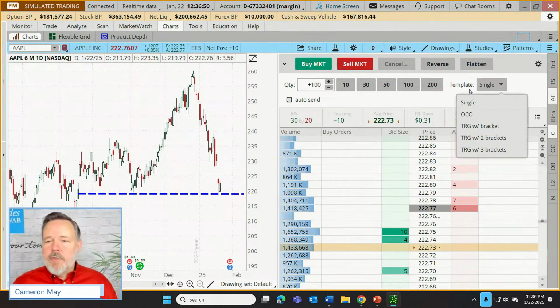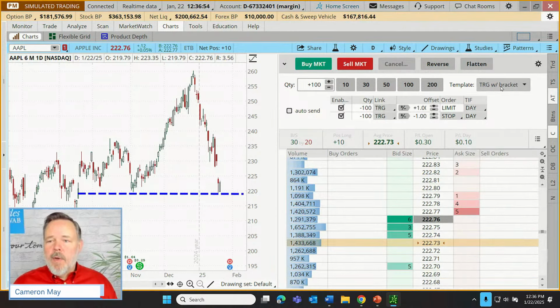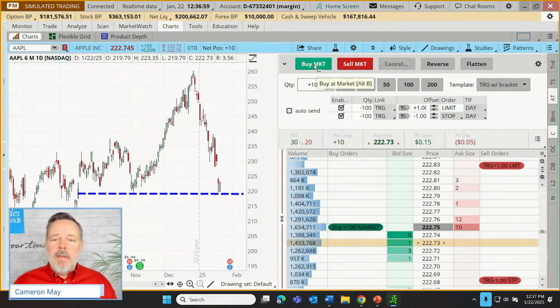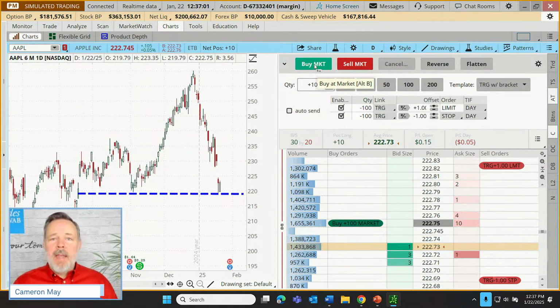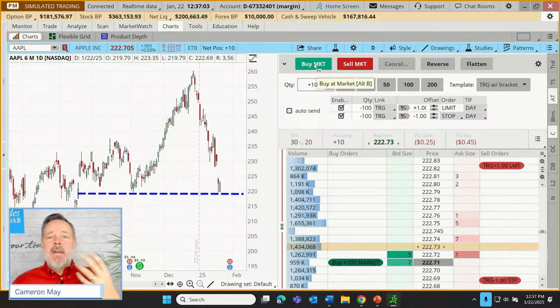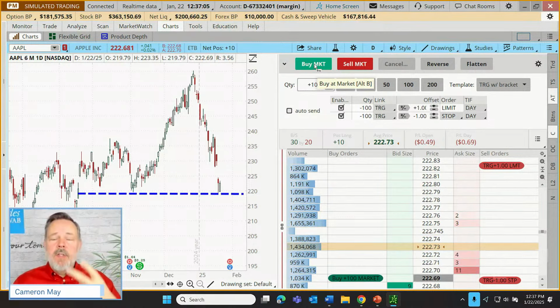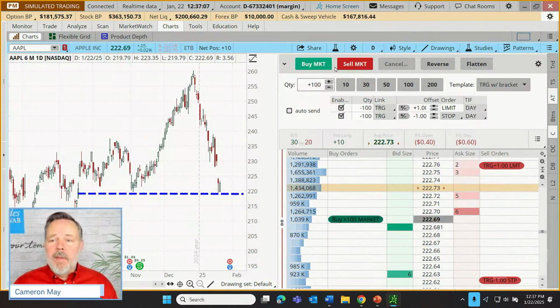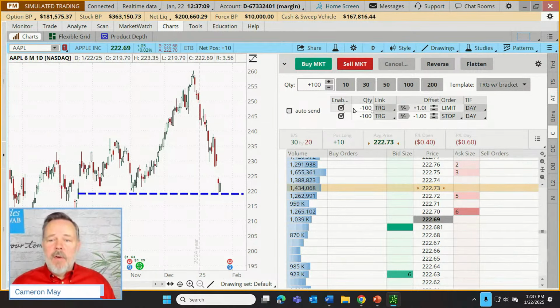Now we could just choose a default template. I'm going to choose trigger with bracket here. What this means is that if we click on buy and it fills, that order triggers two other orders to go into place. So a bracket is our two other orders.